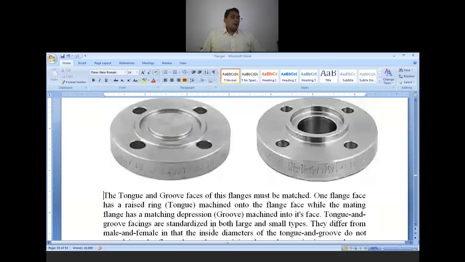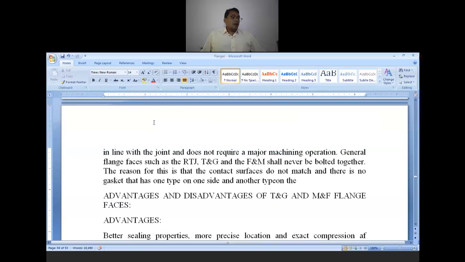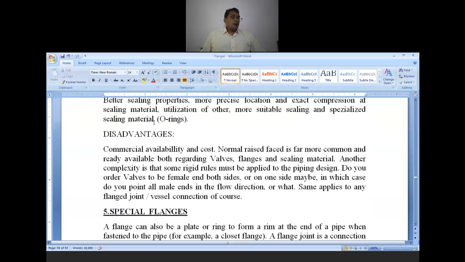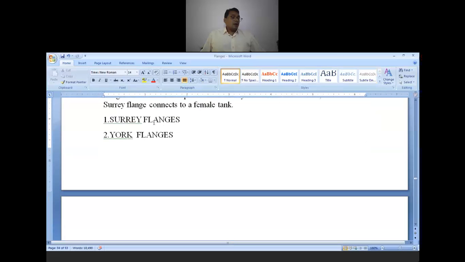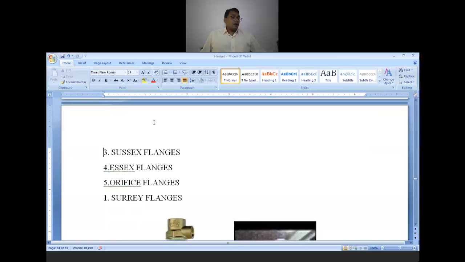This is what the male face is and this is what a tongue and groove face flange is. The groove is provided here. Then there are